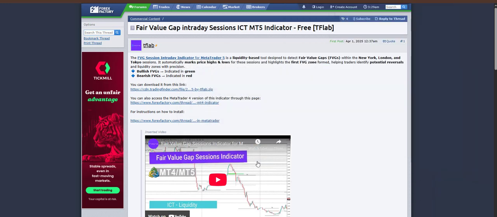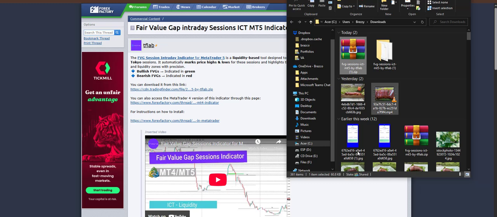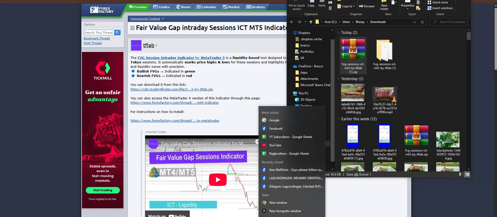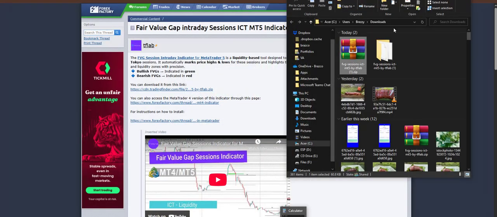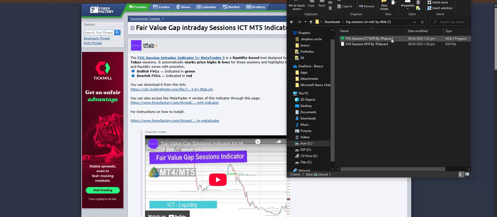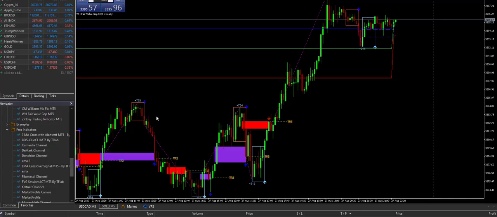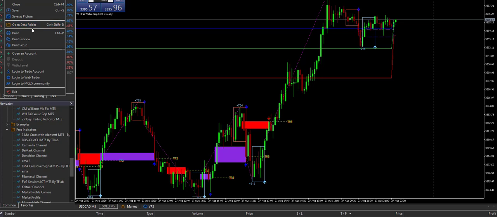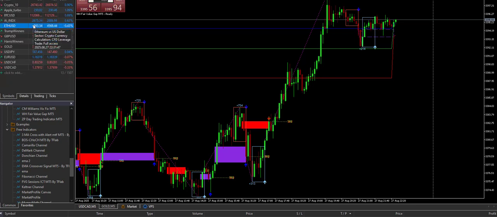So you need to extract the file. And then with this file, go to your empty file, then File, Open Data Folder,